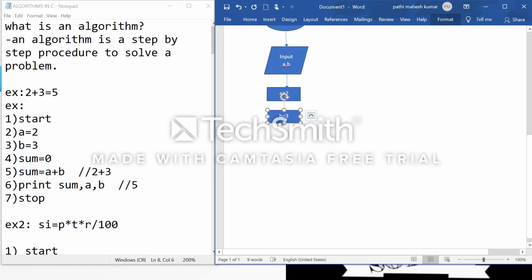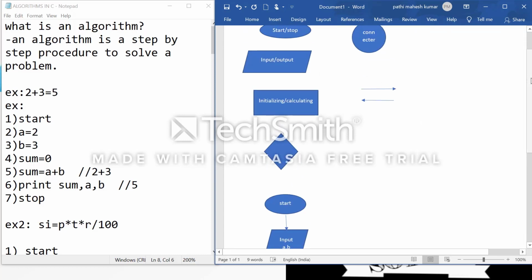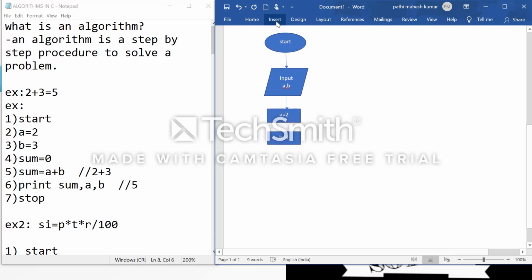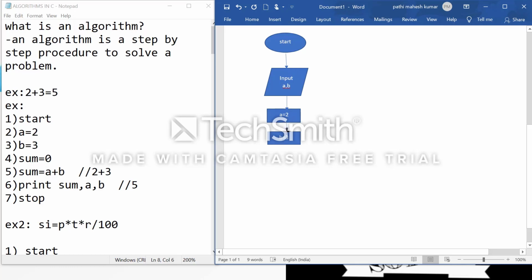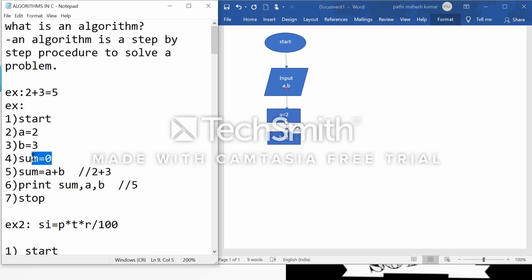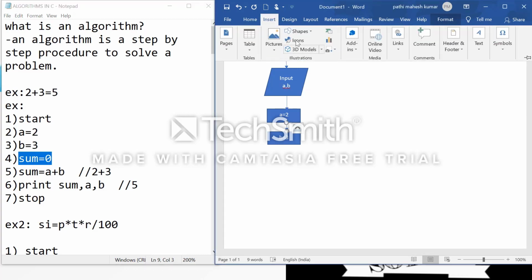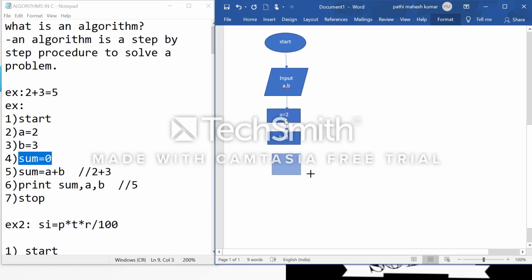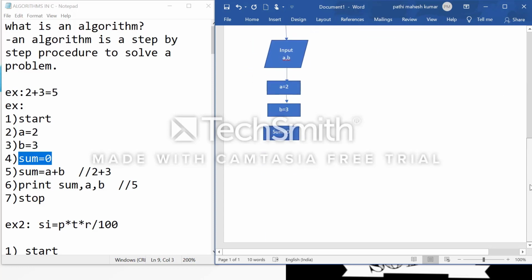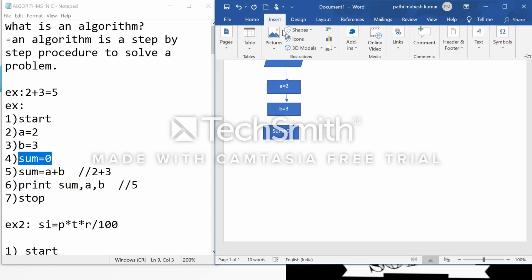Okay, and I want to connect the shapes. After initializing, I have another variable, sum equal to 0. Okay, shape initializing sum equal to 0, and again I am connecting.